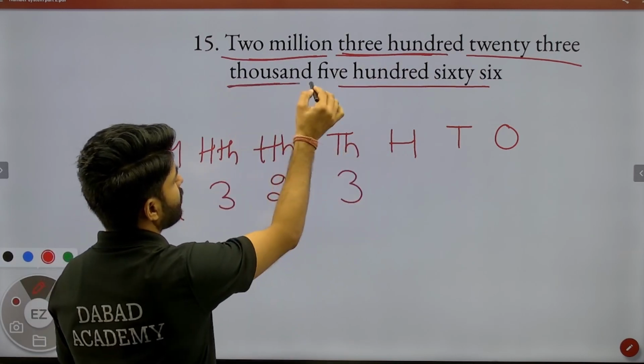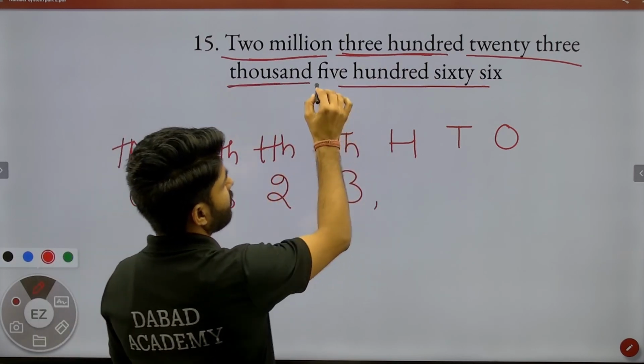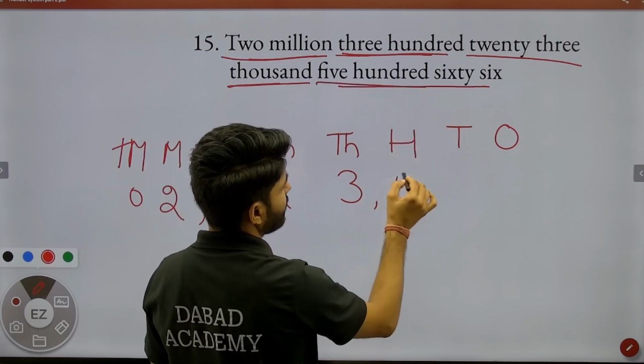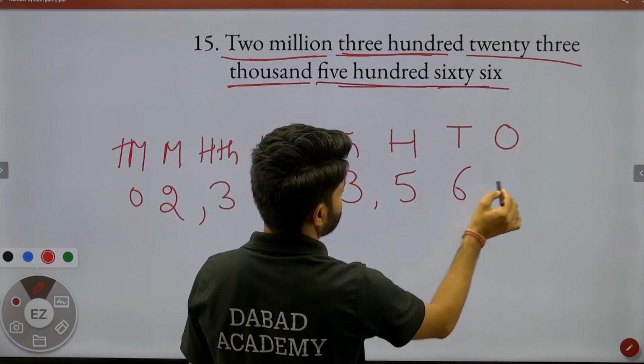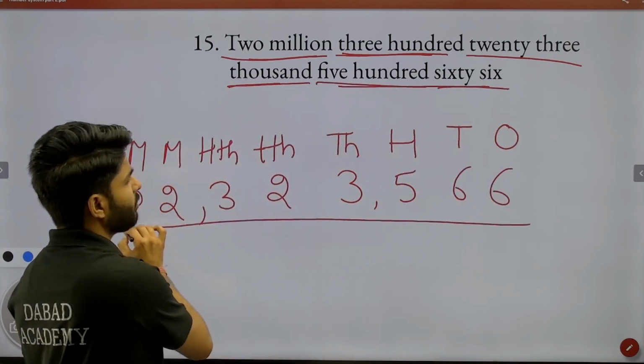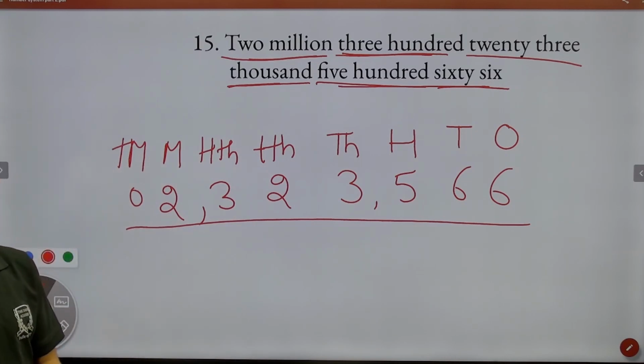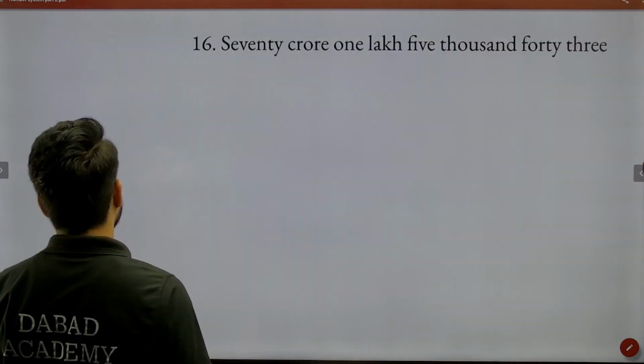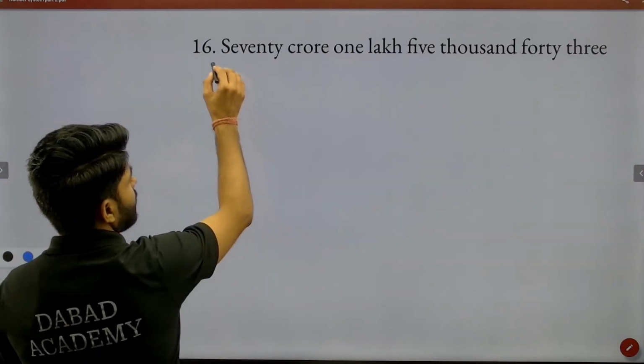23,000, so we have written these at the thousands place. Then 500, that is 500, 66, that is 66. This is the numeral form in the international number system of 2,323,566. In question number 16, we have 70 crore